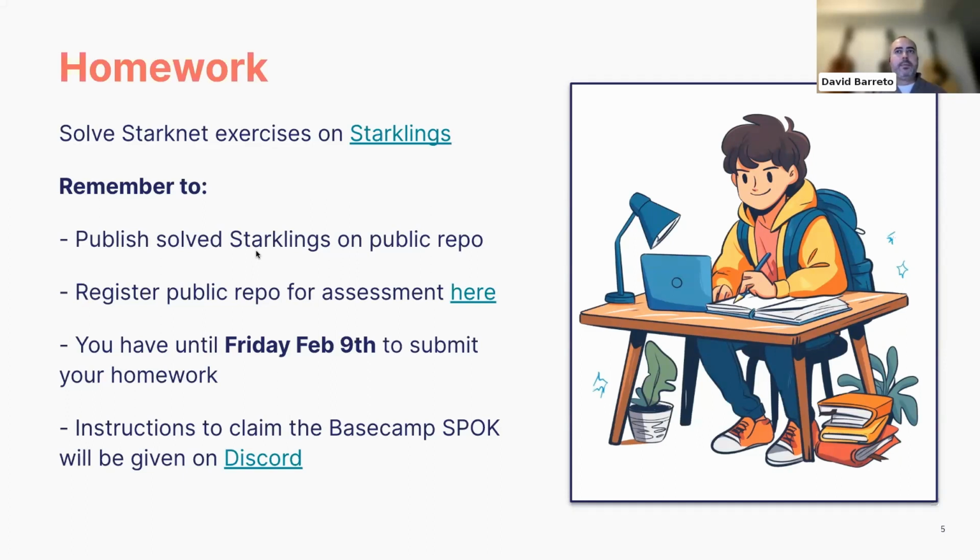public repo on GitHub, and then register that repo on this link here, which is a Google form, just so I can go there and check that you actually completed, because that's part of the graduation requirements. And you're going to have until next Friday, February 9th, to do the submission, and you complete the whole of the Starklings, which is your homework. Then I'll post on Discord on the Basecamp channel the instructions to claim the Basecamp SPOC, which is a POAP. So make sure you join the Starknet Discord so you get notified and you will know which link to